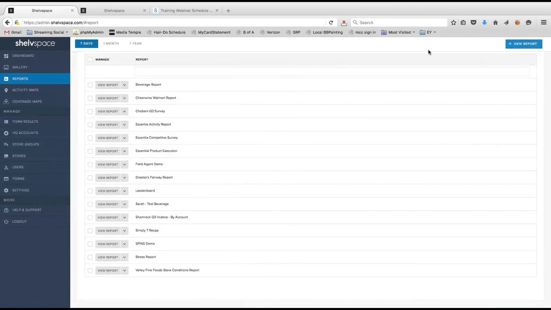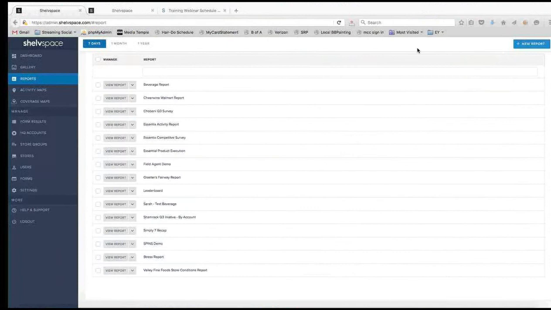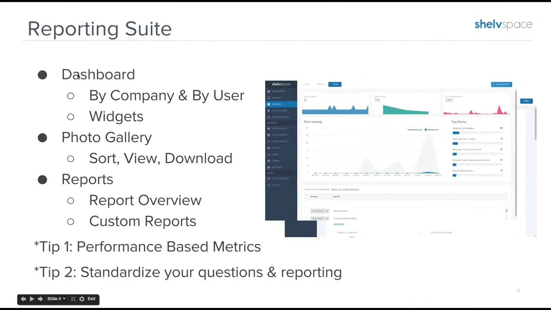All right, so make sure I've covered everything here. We went over the dashboard. Again, it's by company. Each user as well, when you log in, will have their own dashboard. Dashboard's made up of widgets. On the photo gallery, you can sort, view, and download reports. We went over the overview as well as custom reports. The two tips I would relate to you